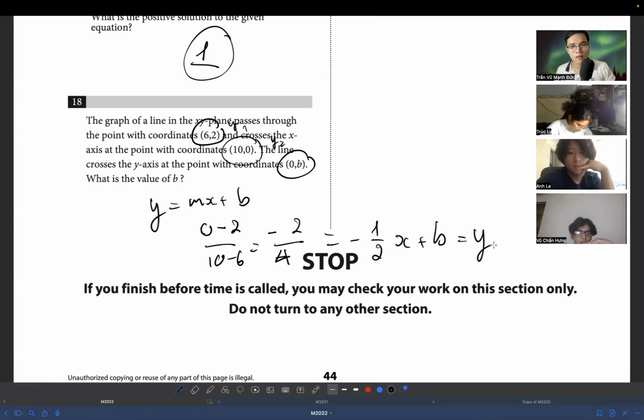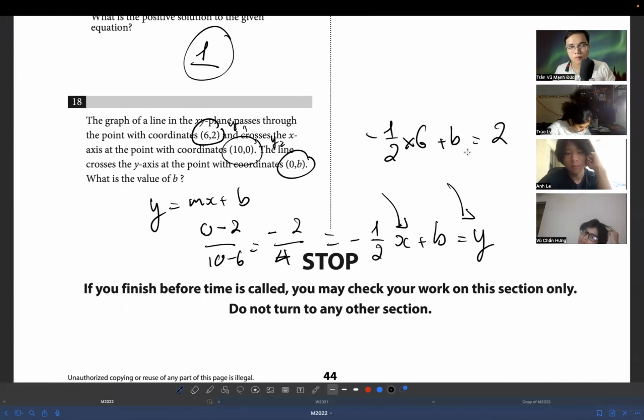You just plug in the point (6, 2): -1/2 times 6 plus b equals 2, so you have -3 plus b equals 2, and b is